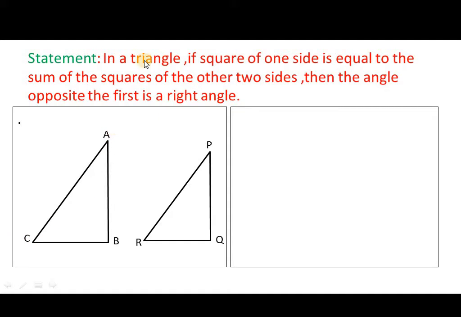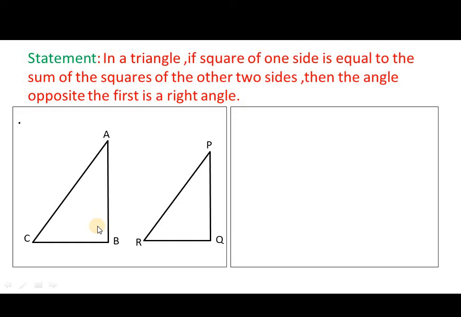Then what happens in a triangle? If the square of one side is equal to the sum of the squares of the other two sides, then the angle which is opposite to the first is a right angle. The first side is nothing but AC. Opposite to this side, the angle is a right angle. So we have to prove that ABC is a right angle triangle. This means that the converse of the Pythagoras theorem says that